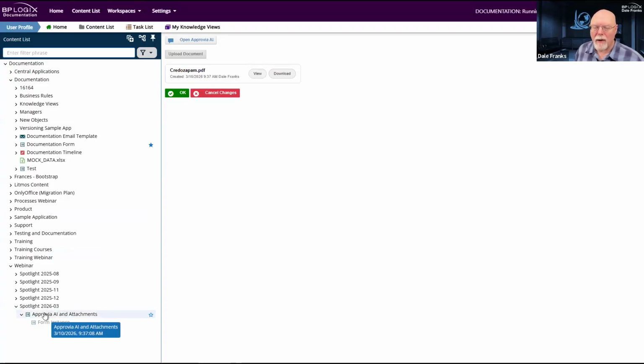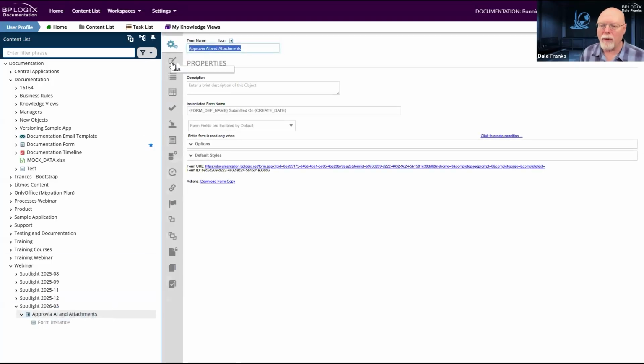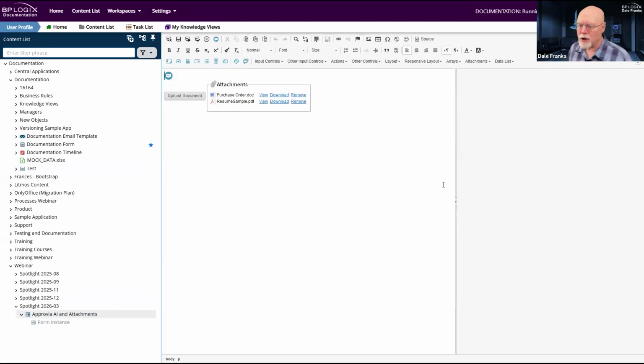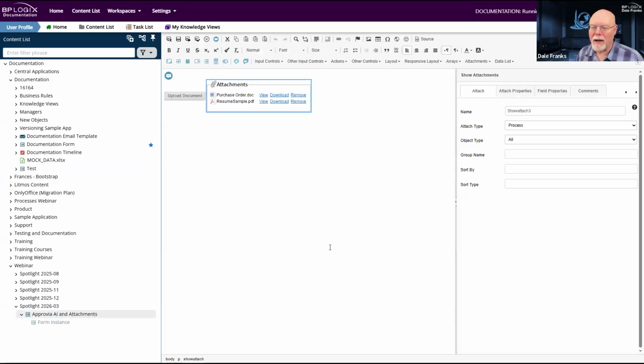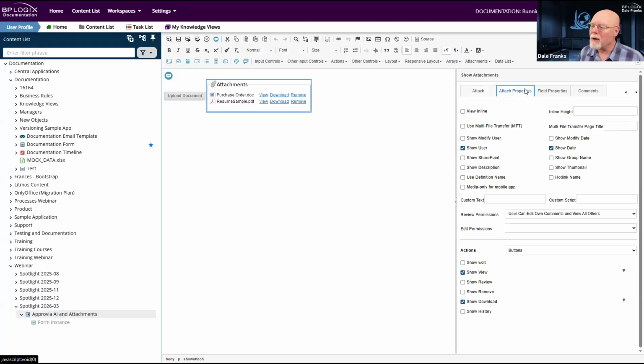a little more attractive if you want, because now there are some extra properties that are available for configuration for the show attach control. So if I go ahead and click on it right here and I open up the control's properties, if I go over here to attach properties, we've made some changes. First thing we've done is we have created this new action section. So what we've done is we have moved these check boxes here down from where they used to be up here in the very top when they were all just part of this big mass of check boxes up there. We've now created a new section called Actions.